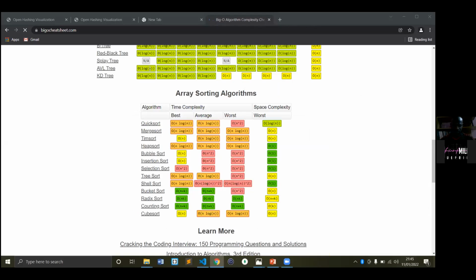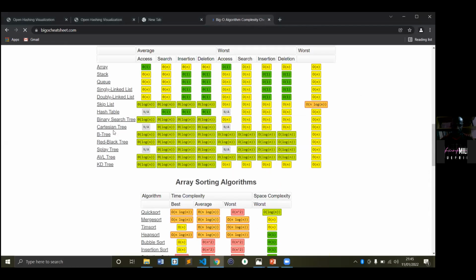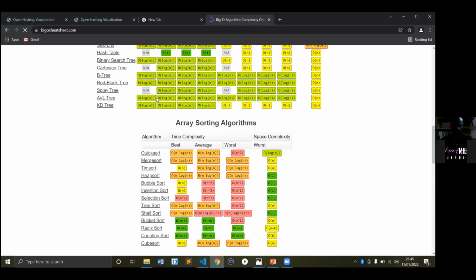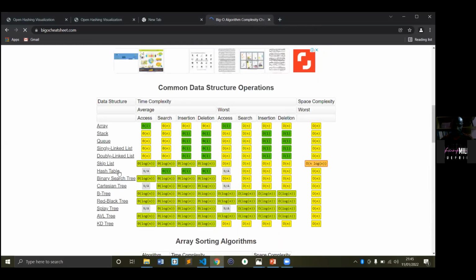You can see the chart, right? Yep. You notice under access in time complexity, for hash table, for Cartesian tree, and for splay tree, they are not available, because they don't make use of indexes as arrays do.